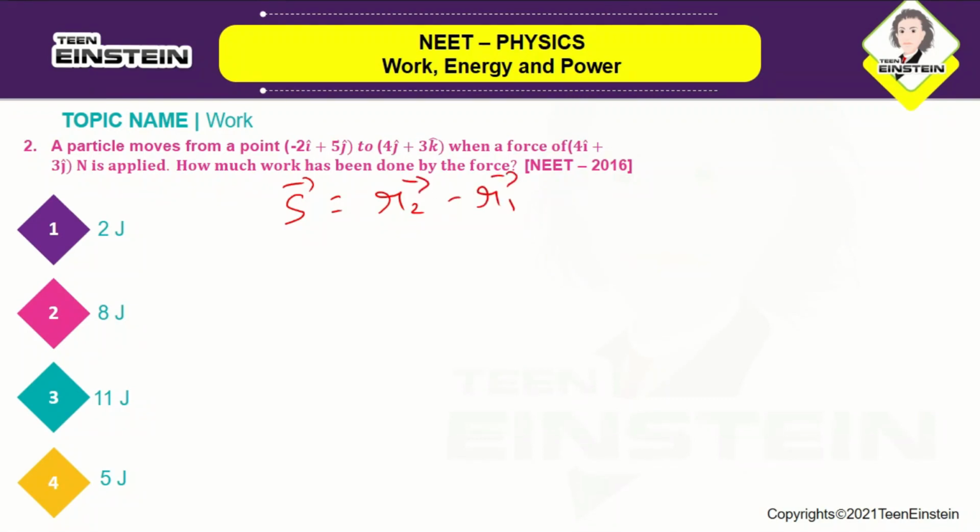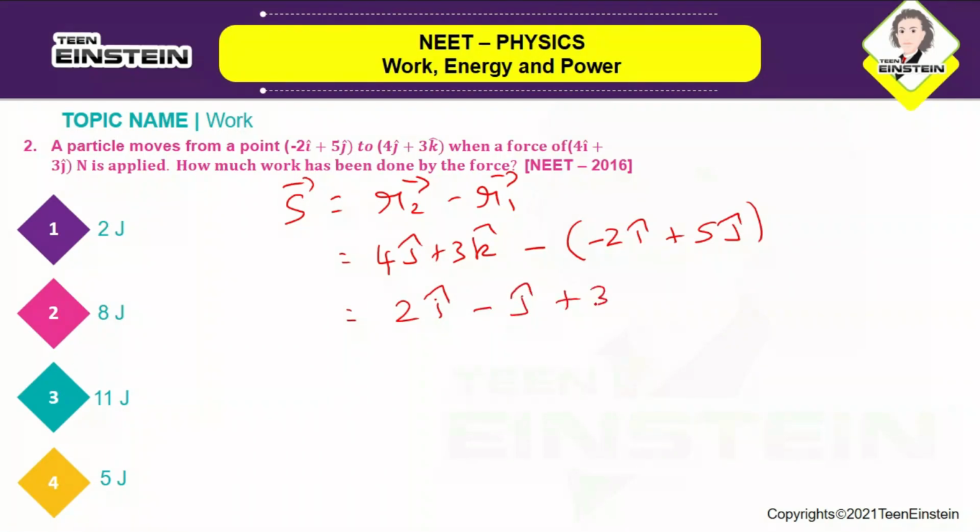Okay, so R2 is the position of the particle after a force is applied. R2 is 4j plus 3k here. So it will become 4j plus 3k minus R1, and R1 is minus 2i plus 5j. Eventually it will be 2i, and 4j minus 5j will become minus j,